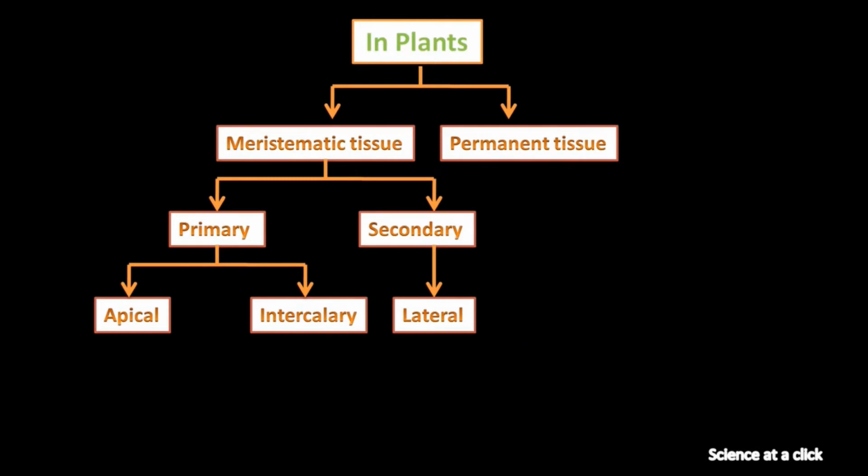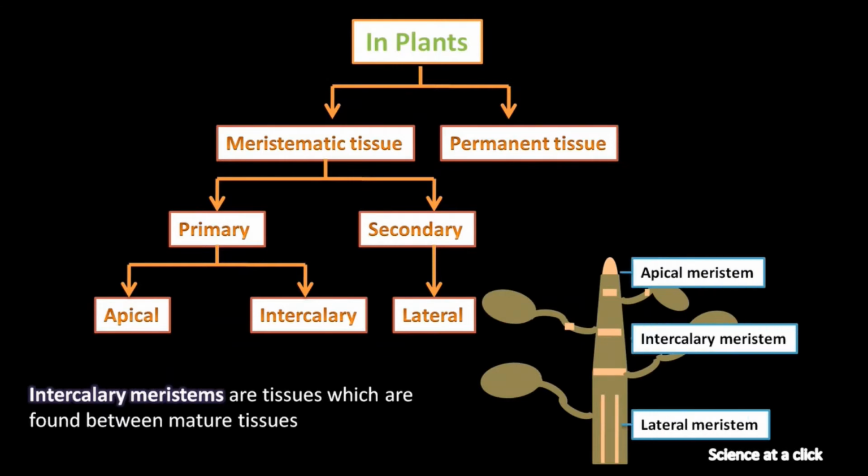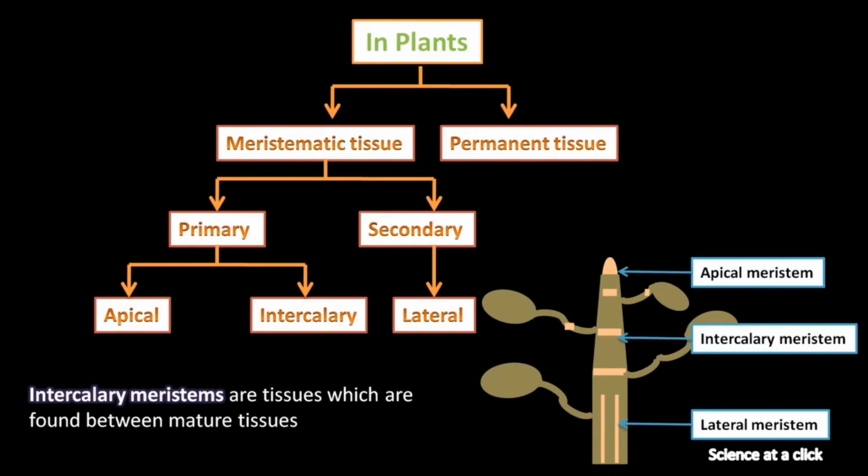Now let us see what is intercalary. Intercalary meristems are the ones which are found in between mature tissues. So as we know, the growing region consists of apical meristems. As the growing regions continue to grow, these cells will be going downwards, right? This is a root shoot region. Okay, the plant is growing now. So the apical meristem will get converted into intercalary and then it will get converted into lateral. Right? So when there is grazing plant or herbivorous animals, they will eat this. So sometimes the half region is being regenerated because the intercalary meristems, they start to regenerate the cut region.